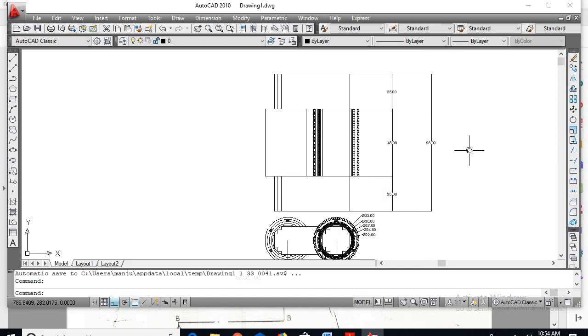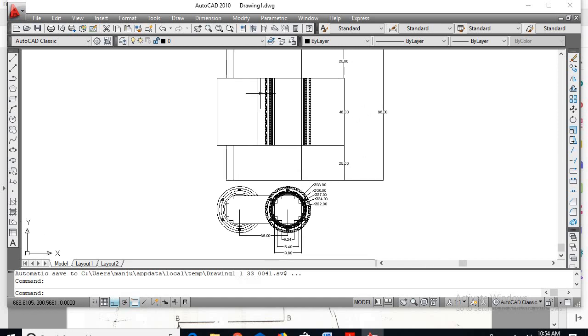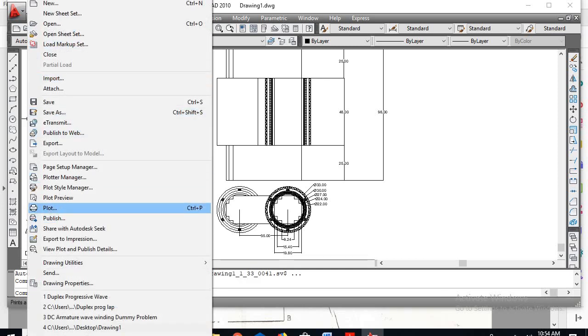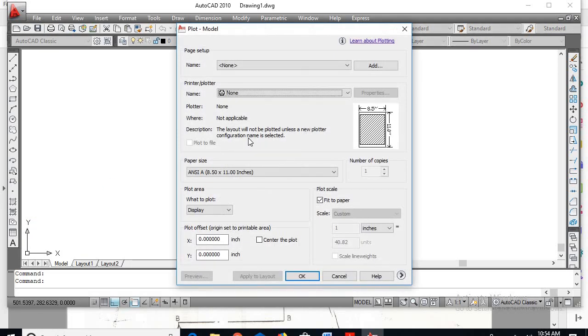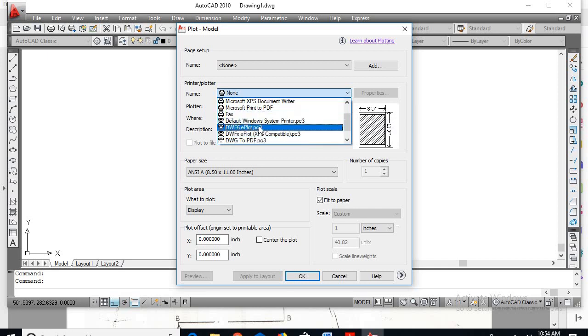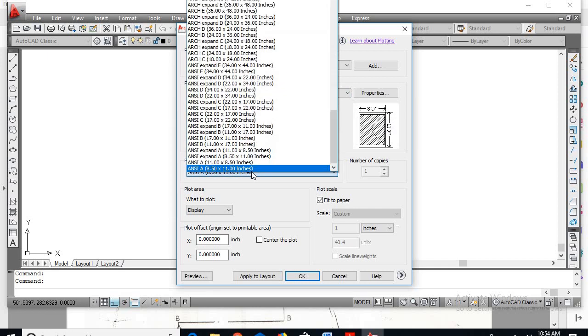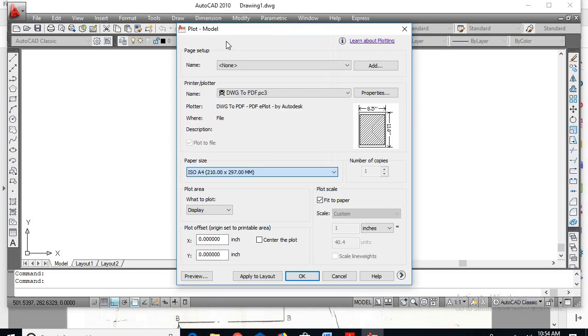I'll show one more diagram, for three-phase windings, the three-phase transformer assembly. Now go for file, go for plot, DWG to PDF, go for A4 size, display window.